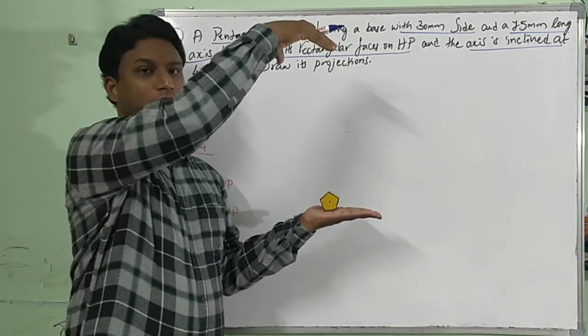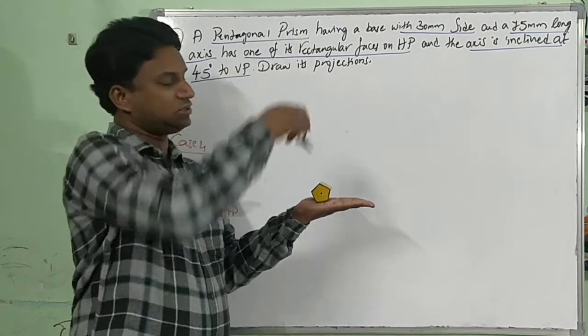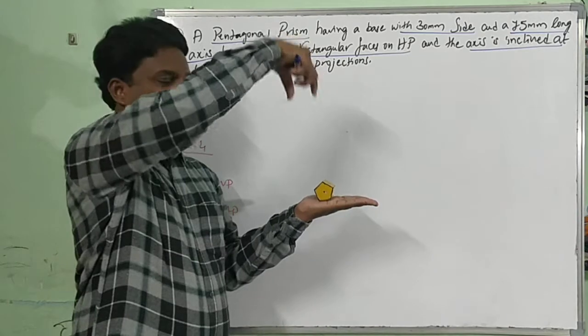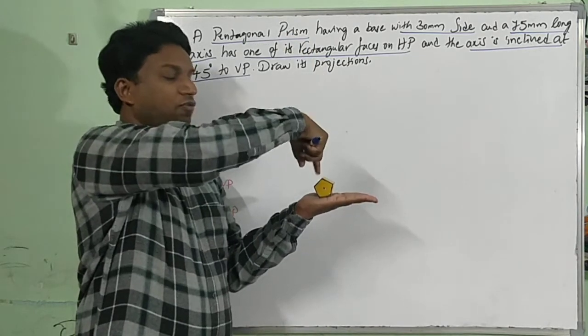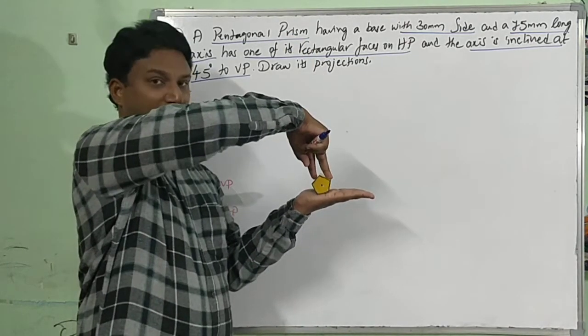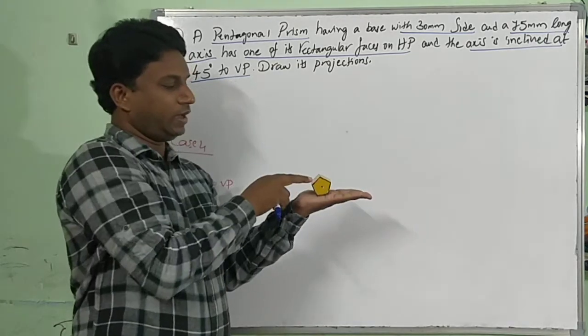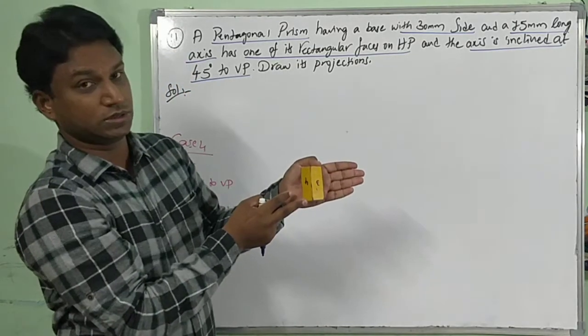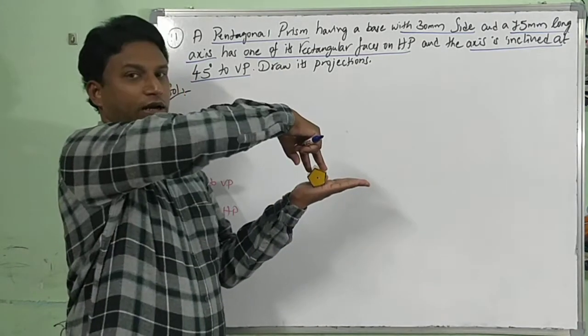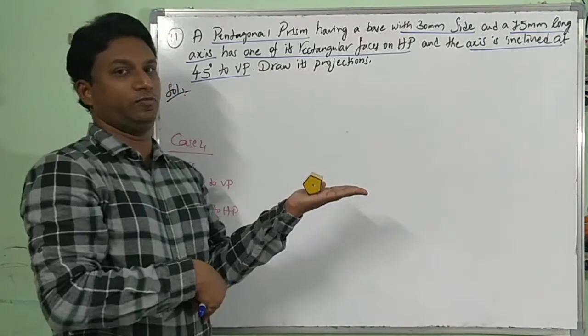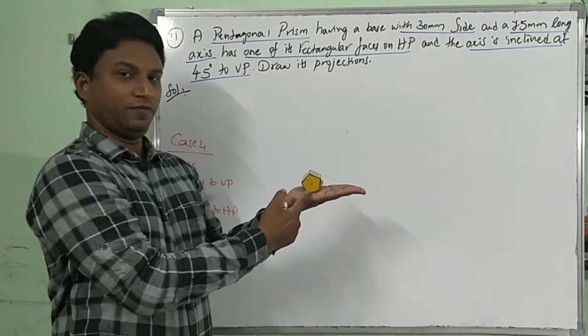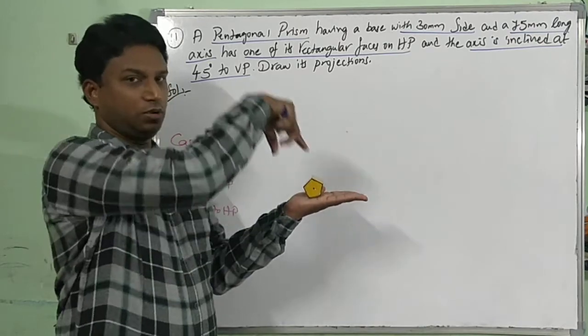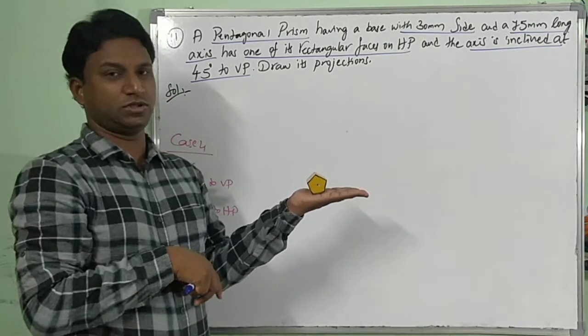Top view, with respect to axis, whatever rectangular faces you can see from top, 3, 4. So what are they? There are two rectangular faces, right? I can just tell you like this. Top view, two rectangular faces. You can draw its top view. Stage 1 complete: front view, top view. True shape, from that we can draw its top view.